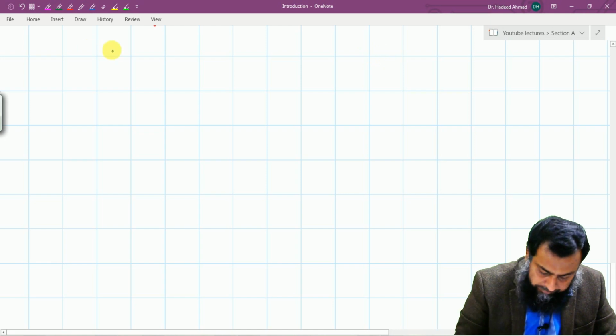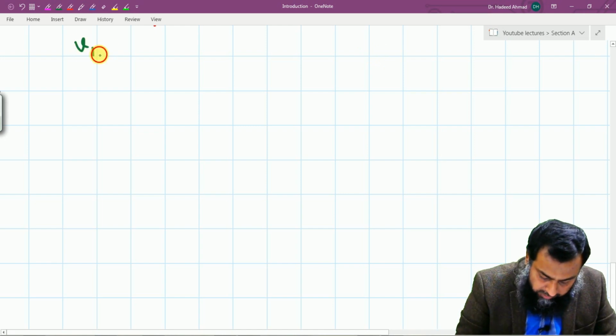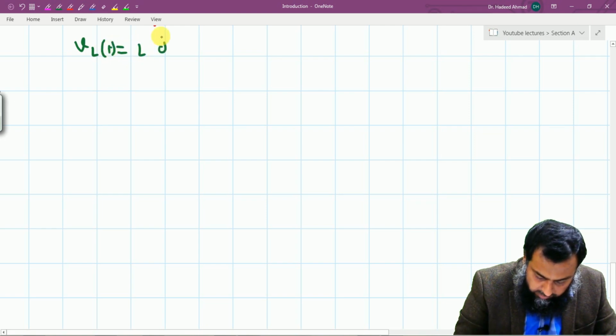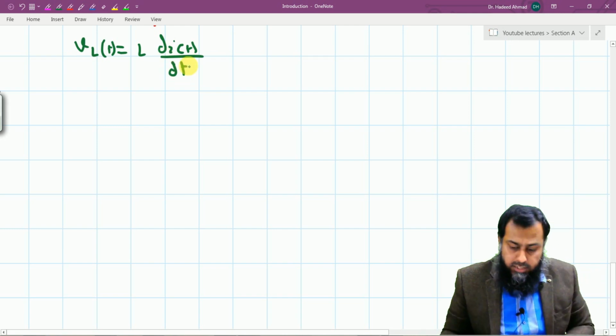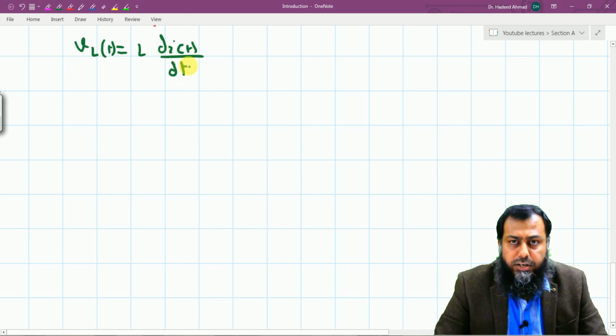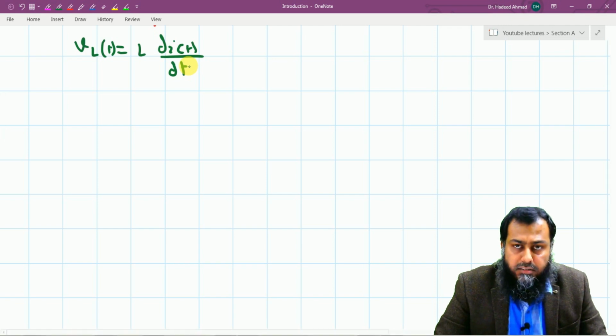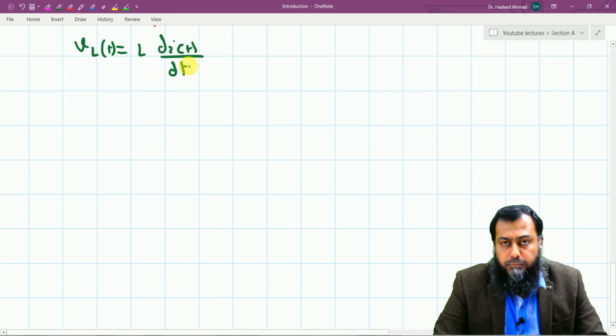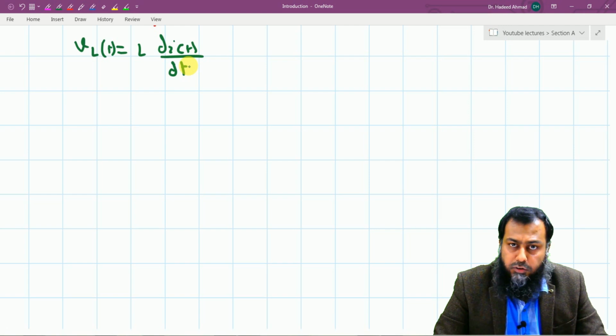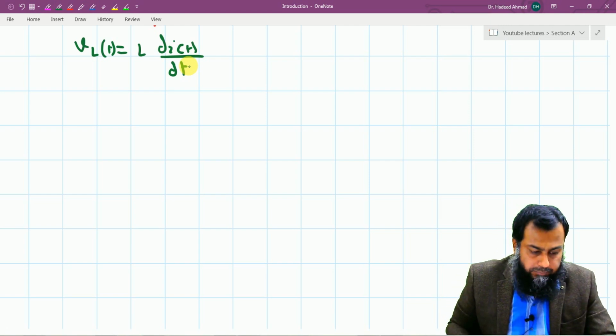So we have V_L(t) = L di/dt. This equation contains a lot of information, and it provides us very important points with respect to the use of the inductor. For example,